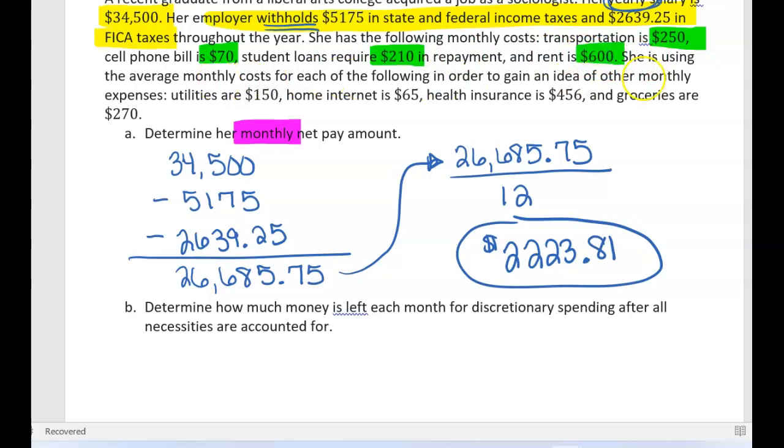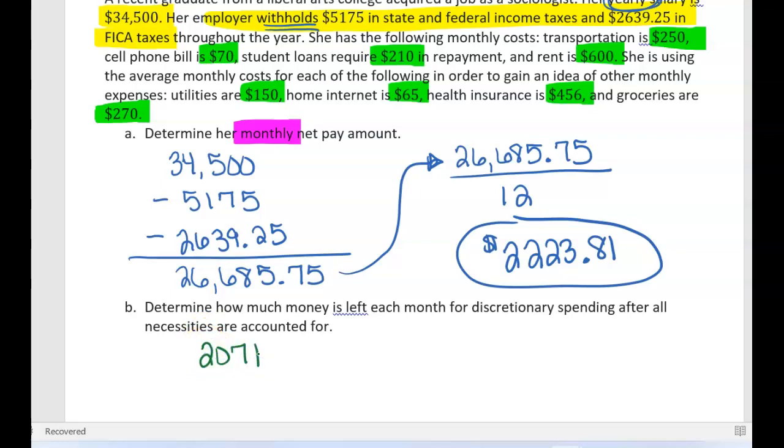I'm going to highlight them or I'm going to run out of room on my piece of paper to write and for you to still be able to see the problem. So all of those green numbers, 250 plus 70 plus 210 plus 600 plus 150 plus 65 plus 456 plus 270 all adds up to be